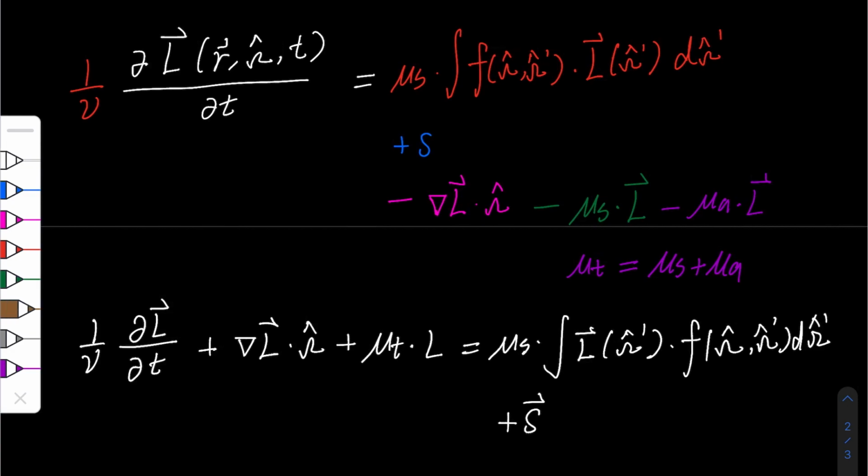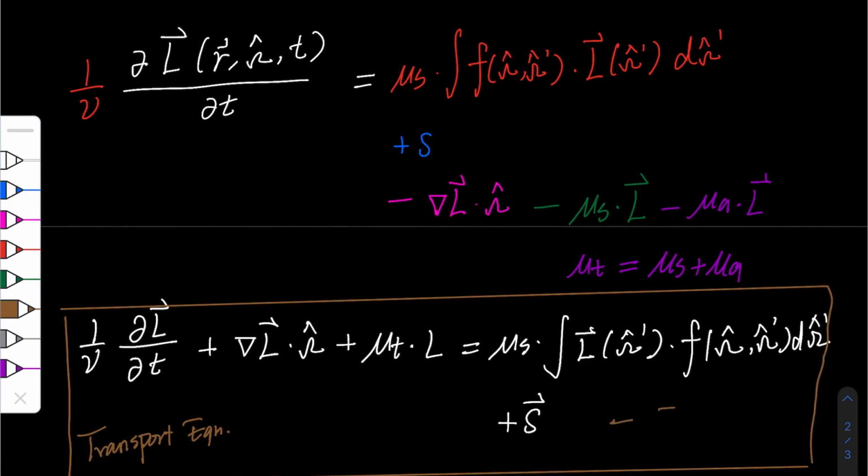So this is basically the transport equation. That is our first equation. So we will derive the diffusion equation from this transport equation, and at the end we will derive y equals to A times